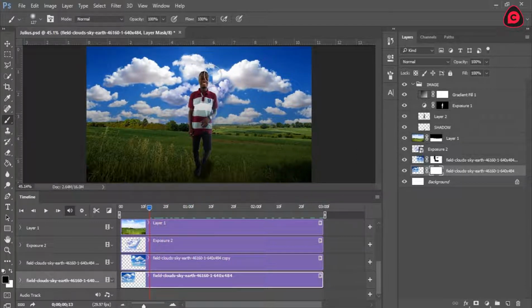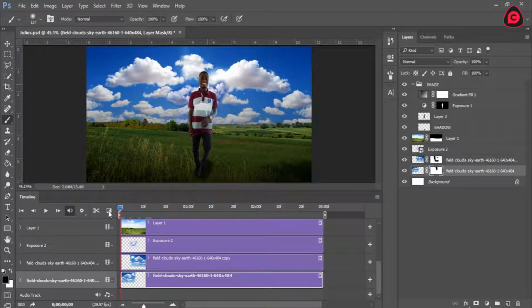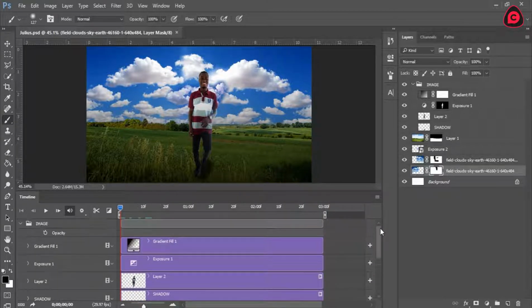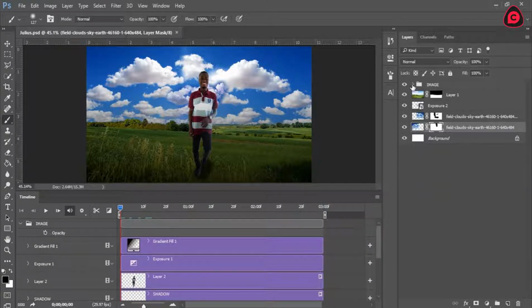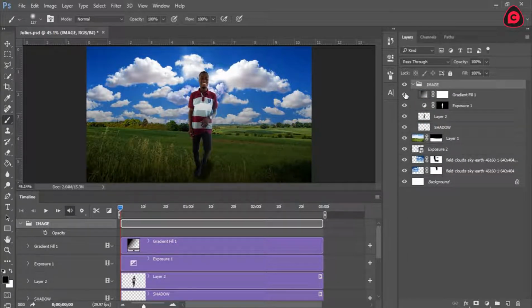Okay, here it is. Let's hide it one more time. Okay, so I think we are done. You can add a few more, probably the gradient or something else, but for this tutorial